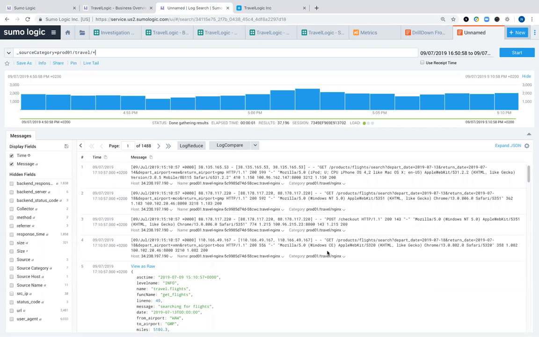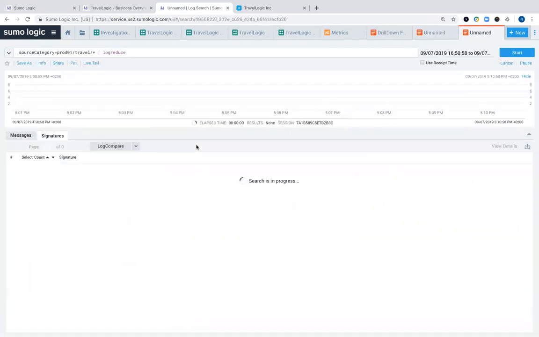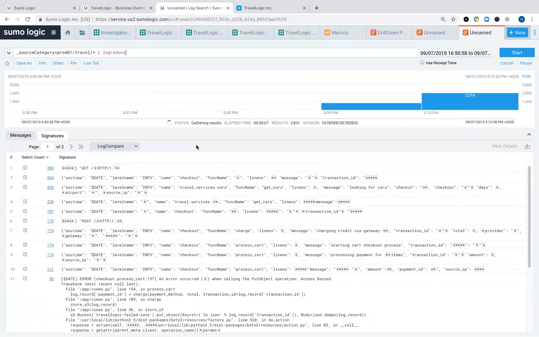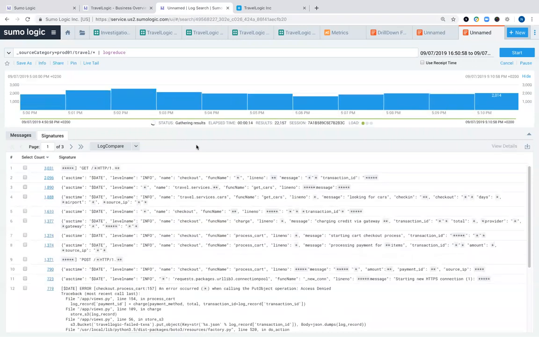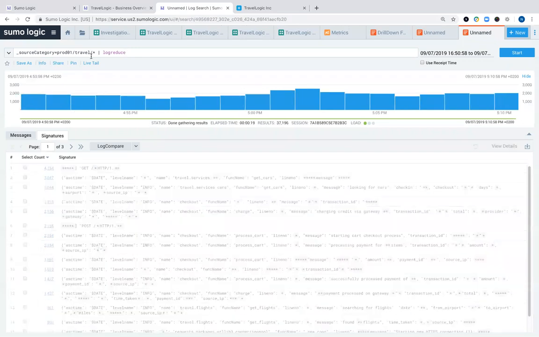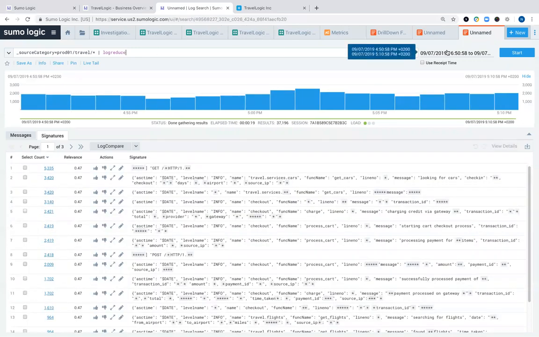And this is really where, with the click of a button, you're going to be able to utilize machine learning. So if I click on LogReduce, what Sumo Logic will do automatically here is start to utilize machine learning algorithms to cluster the different log events into buckets according to similarity and so on. So with this query here and the time window, you can see that